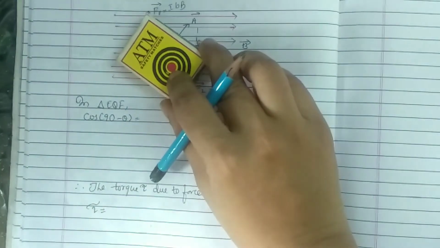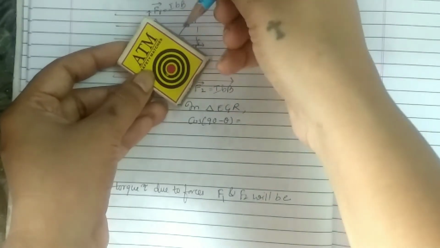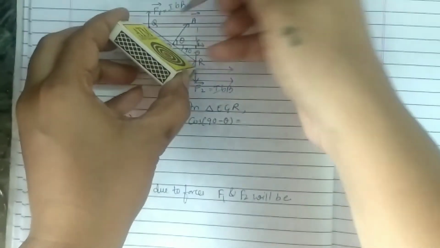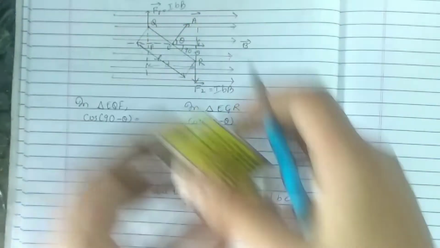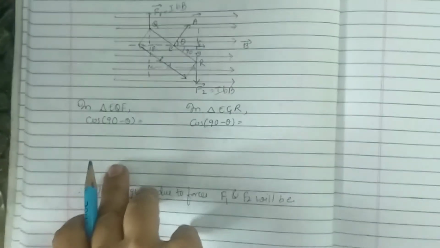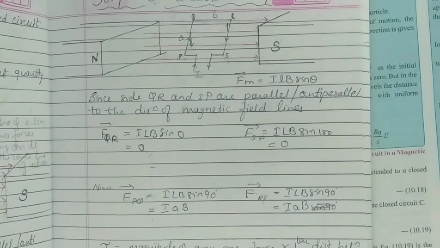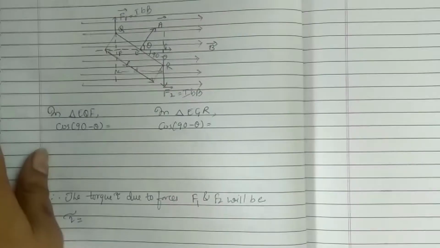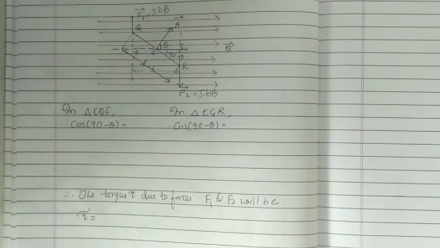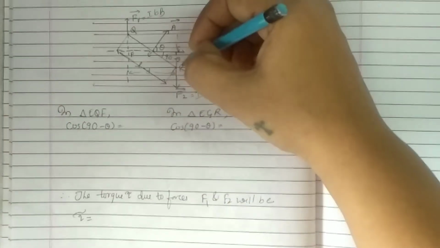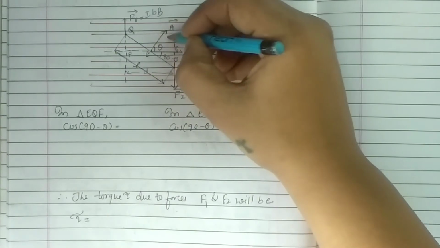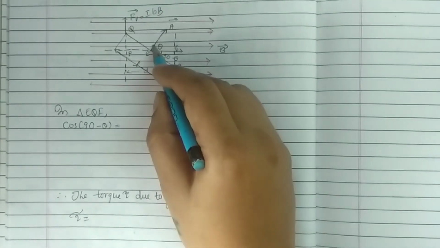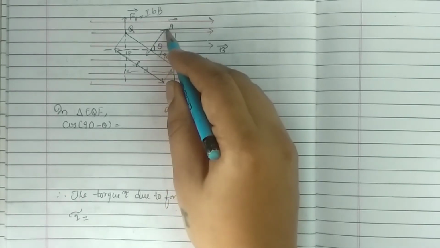Now what will happen in this case? In this case, if this is the surface you are keeping like this, this will be the area vector. So how to decide? Now this is QR. If you compare this QR with this figure, this is the QR. Now we rotated this coil over here, so the QR came like this. I am taking QR for the reference. So QR became like this and the area vector I decided like this. So with the magnetic field it makes an angle theta. What will happen if this became theta?